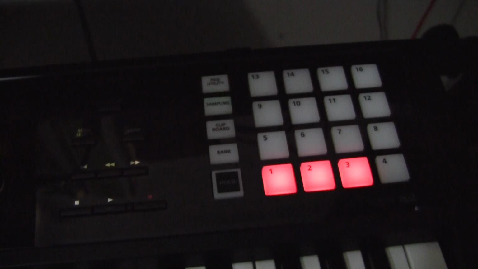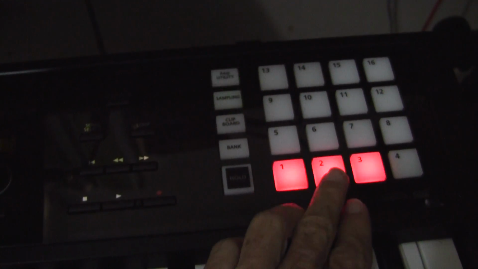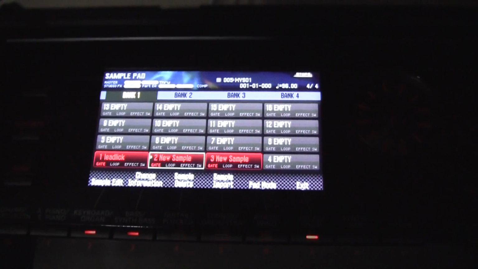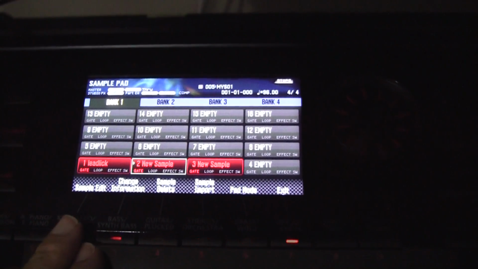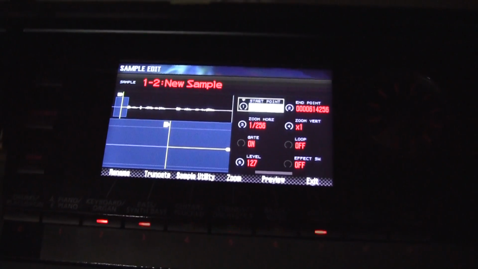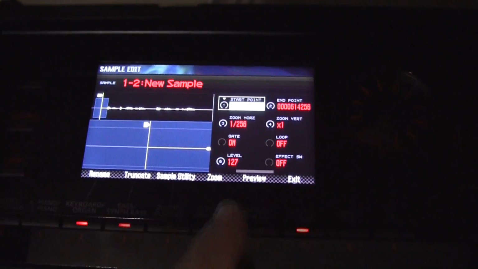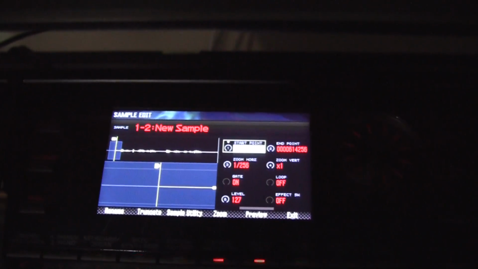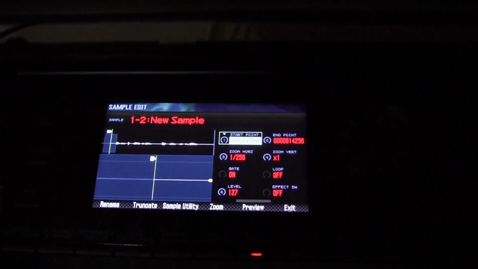Okay, let's go through the sampling procedure slowly. First we press the pad utility, and then we select the sample that we want to edit. And then we come over here and we see we have the sample edit screen. Now what we're going to do is we're going to press the sample edit button, which is the one on the left, and it draws our sample for us. You see that the focus here is already in the region where we're dealing with the